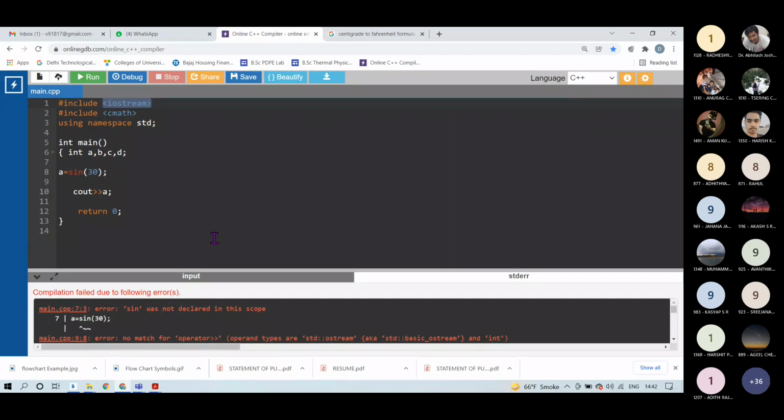These libraries you have to remember by name, for using some particular functions which library you have to use. So for sine, cos, tan, exponential, for all these functions you have to include this CMath library.